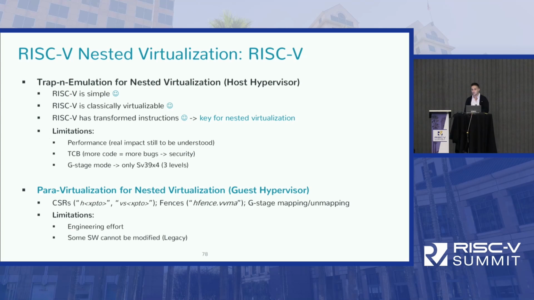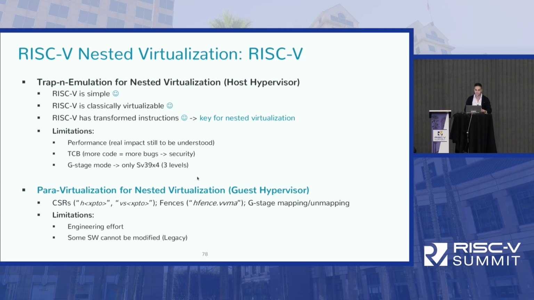The real impact is still to be understood because we don't have real silicon. The TCB is maybe also a problem. More code is more bugs, which is problematic for security. And at the moment, to make it easier to implement this trap and emulation support, Anup limited this to SV39X4, which is 3 levels of translation. What has been decided in the Hypervisor special interest group is that to accelerate